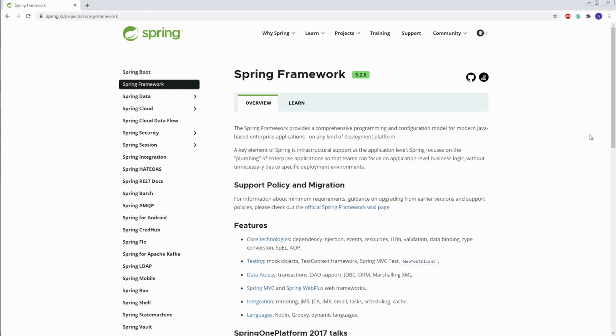Spring is a Java-based framework for building enterprise applications. It provides us with features like dependency injection or inversion of control, MVC framework, loose coupling, etc. It is essentially a framework of frameworks. It makes use of existing frameworks and builds on top of it to reduce the need for writing a lot of plumbing code.